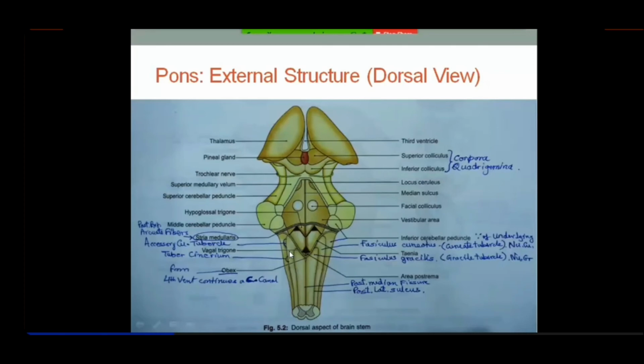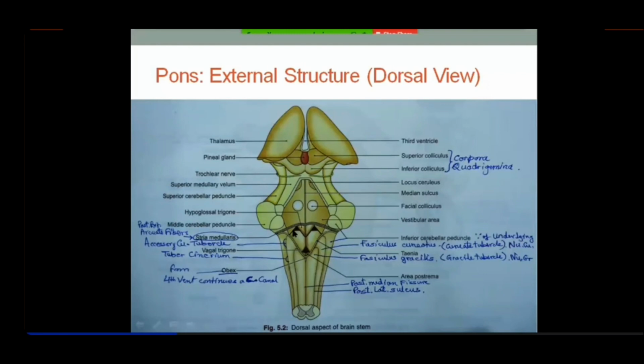Similarly, this is the inferior cerebellar peduncle, right? And the inferior cerebellar peduncles form the inferomedial and inferolateral boundaries, and the inferior medullary velum. And at the margins you find the taenia, right? So that makes it a diamond-shaped thing. And the more important thing is, can you see that this middle cerebellar peduncle is not forming any boundary of the fourth ventricle? It is like a bridge on the ventral surface, right? And it communicates with the two cerebellar hemispheres.